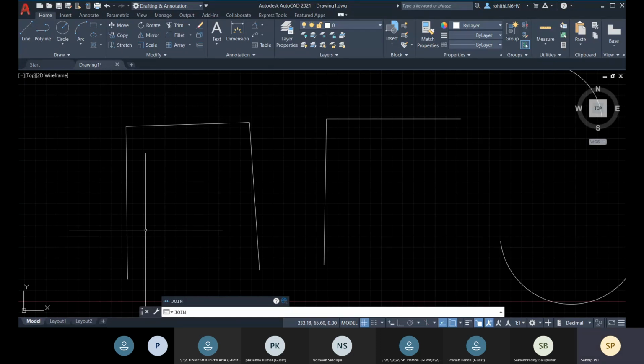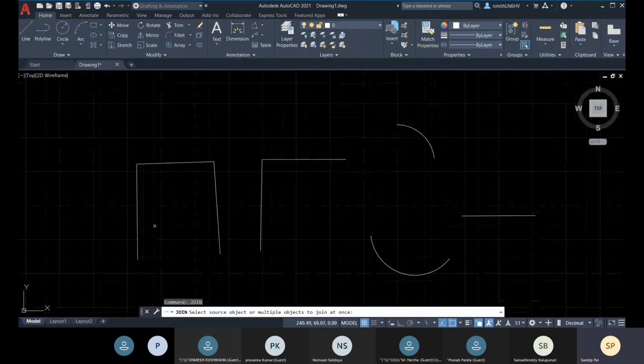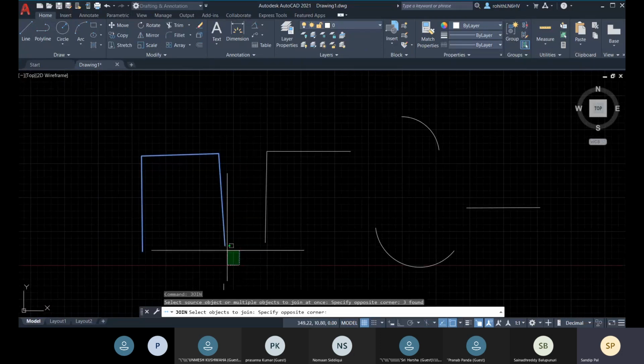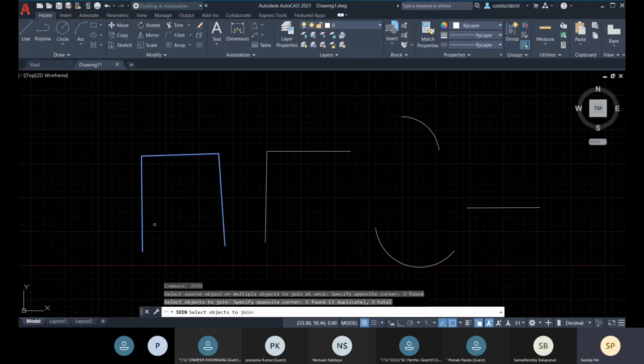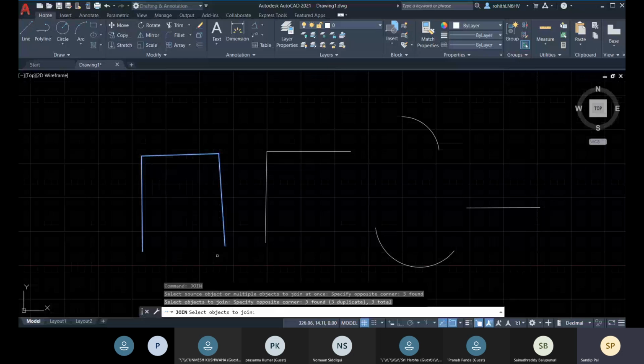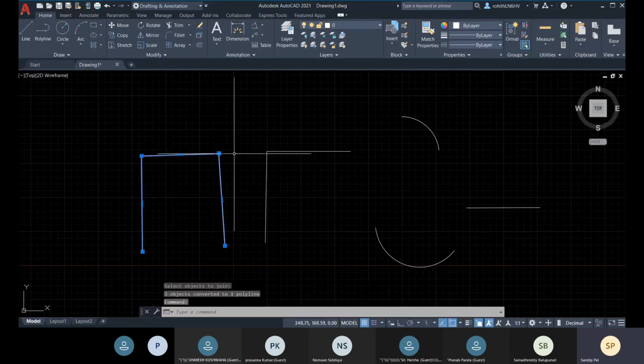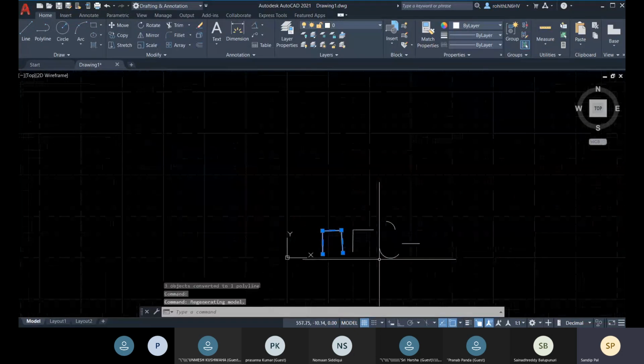You can simply type J, enter, and then you select all these objects together. Now you see that I'm selecting with this green window. So right now I've selected all of these three lines, and then I'm pressing enter. Right now I'm having this as a single entity.